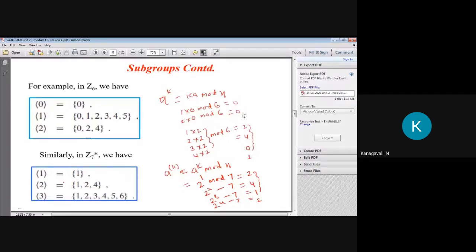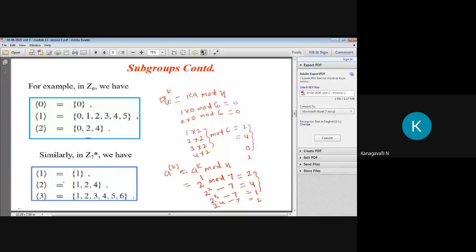So definitely, if you choose any integer in the given group, only 3 terms keep getting repeated, right? So 0 into 2, your remainder is 0. Then see the first 3 things: 2, 4, again 0, then 4 into 2 gives 2. If you choose 5, what is the value? 5 into 2 is 10, right? 10 mod 6, your result is 4. So it is the repetition of these 3 terms only. So I am writing here that the subgroup generated by 2 equals 0, 2, 4, right? Then check here, in parallel, the multiplication, right? Z7 star. See here, they are writing Z6.